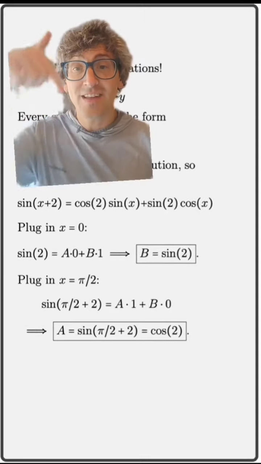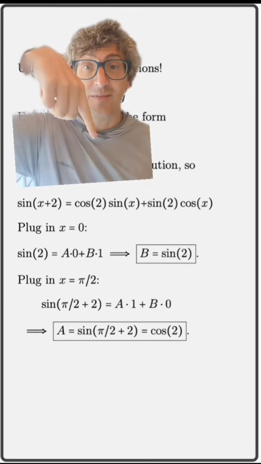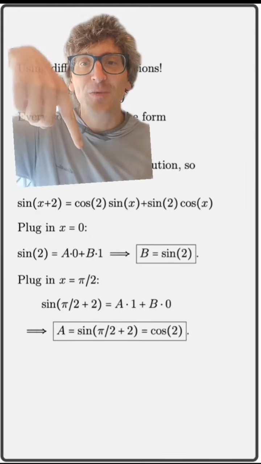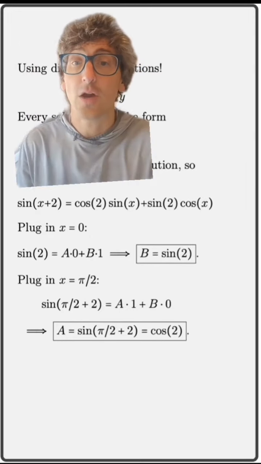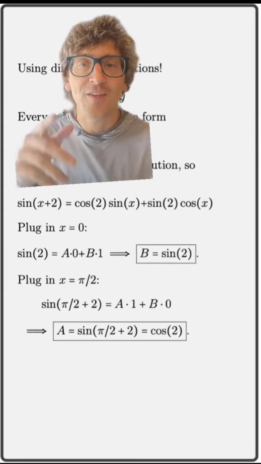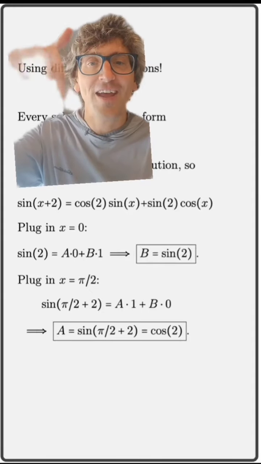And all of that is to say that sine of x plus 2 is a times sine of x plus b times cosine of x. And notice we get exactly that trig identity that we got earlier. If you don't like me using the number 2, you could put any constant a in there, and then you would get a formula for sine of x plus a equals